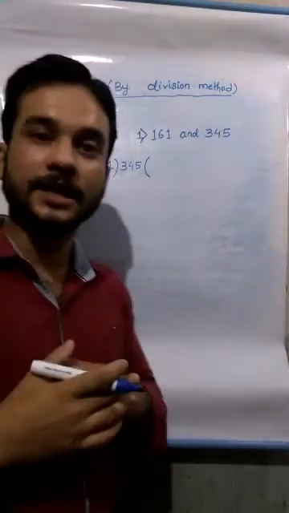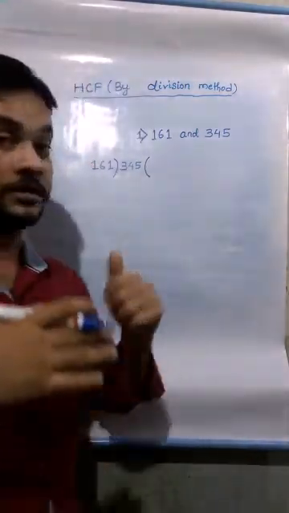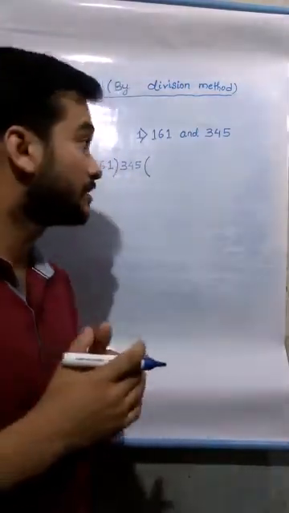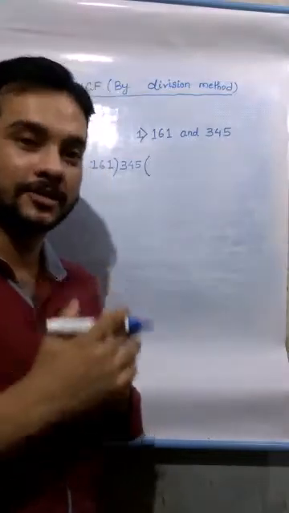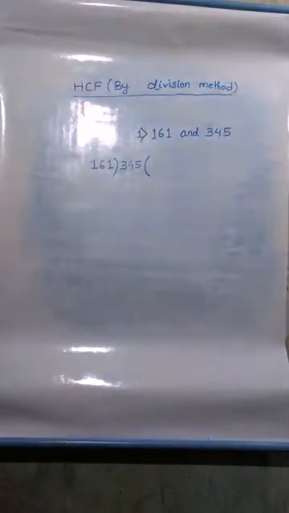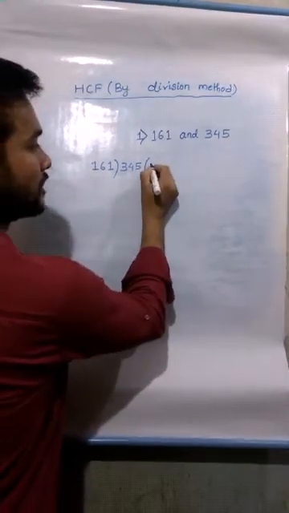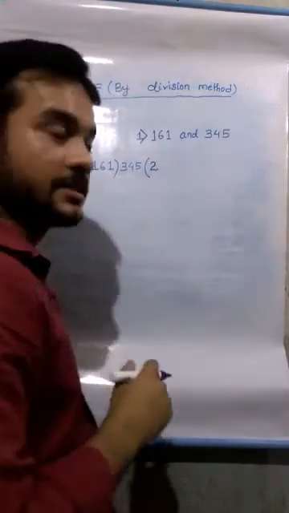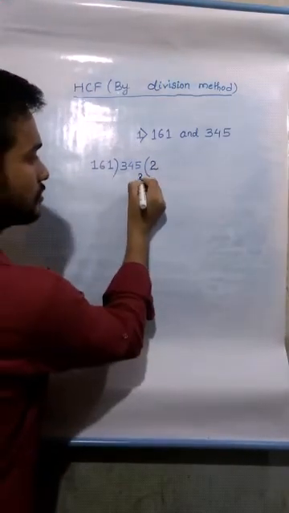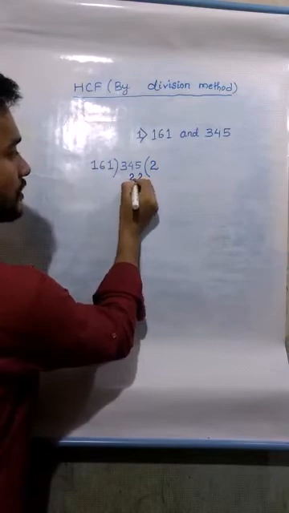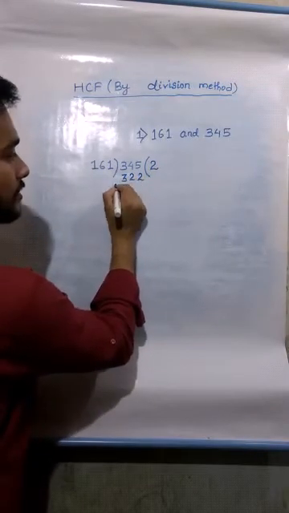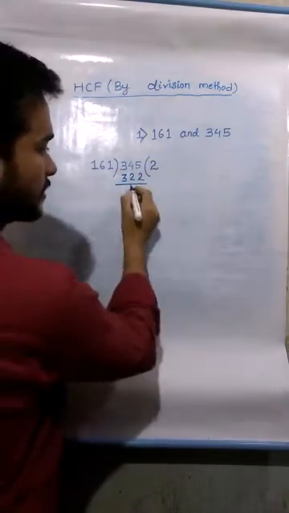Now with which number will it go? Think in your mind, 1, 2, 3. You can do it yourself also. Okay, so it will go with 2. 2 1s are 2, 2 6s are 12 and 1 carry 3. Now subtract it, you will get